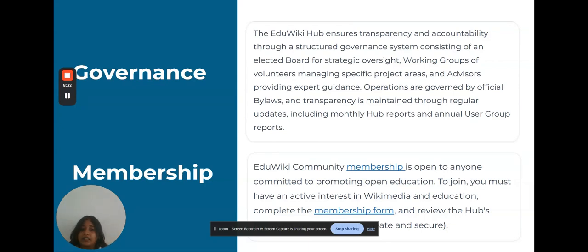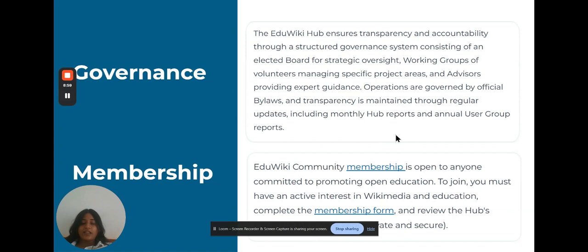Then comes the advisory, which brings expert guidance wherever needed. Everything is operated under official bylaws, and the community is kept informed through monthly hub reports and also through annual user group reports.